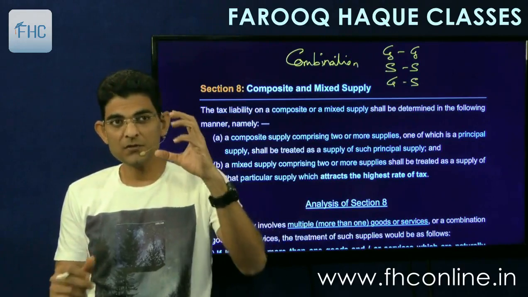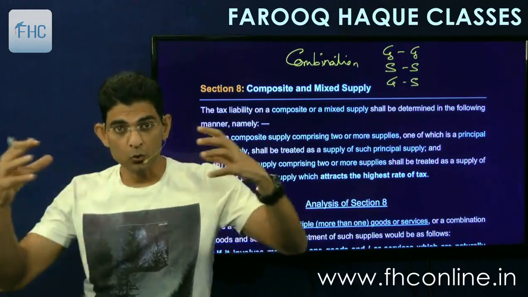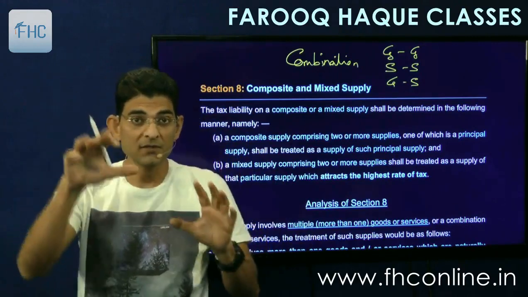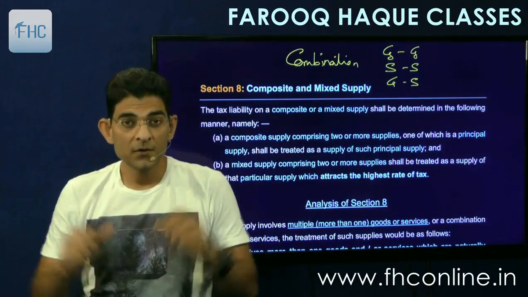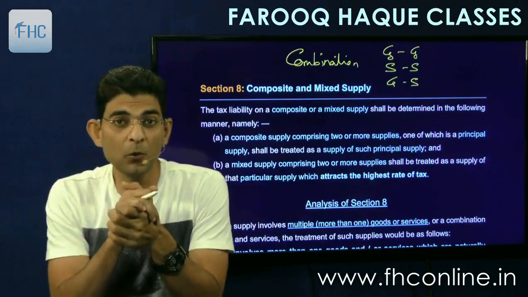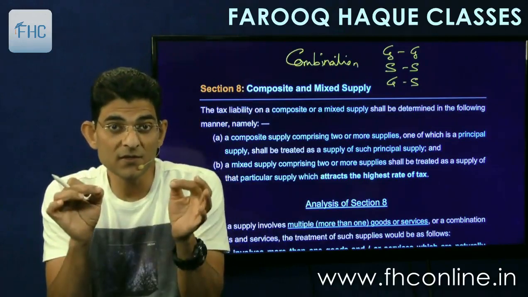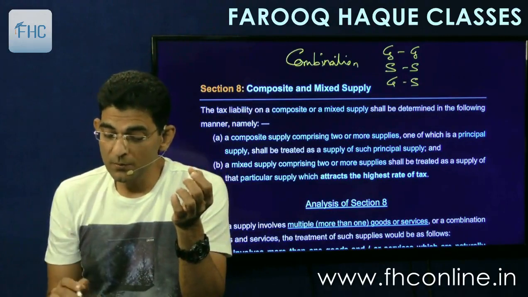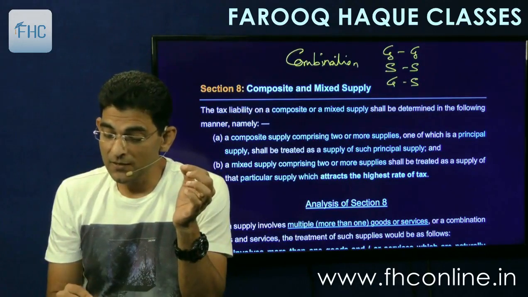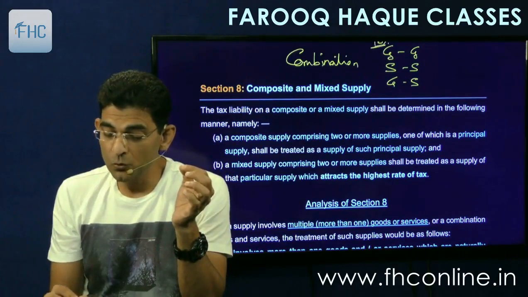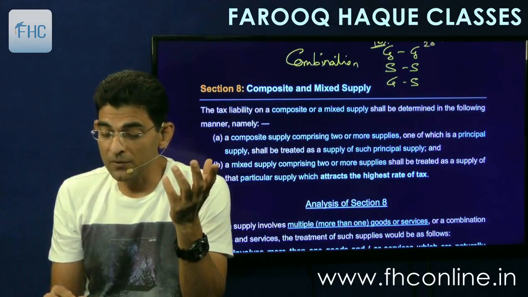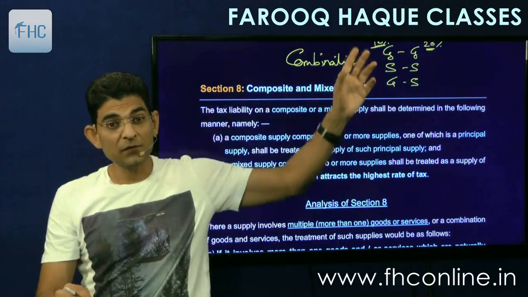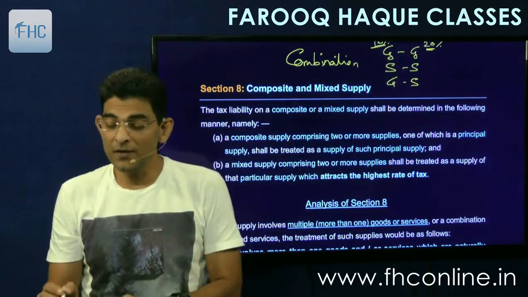That combination consists of two or more goods, two or more services, or some goods and some services put together. So when such a thing is supplied, the problem that arises is how to tax. Because goods number 1 may be taxable at say 10% and goods number 2 might be taxable at 20%. So when one item is taxable at a different rate and the other is taxable at a different rate, and